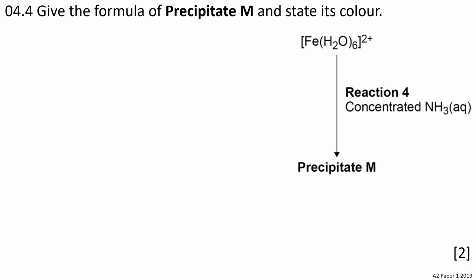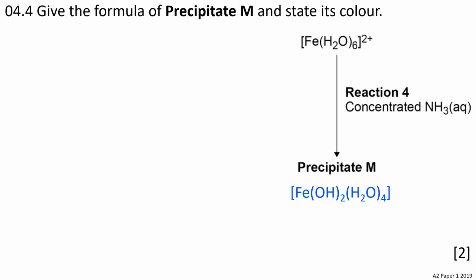Okay, so yeah, again, just a knowledge-based question. Give the formula of precipitate M and state its colour. Sometimes NH3 can act as a ligand, but in this case, NH3 aqueous, actually in water, NH3 exists as NH4+ and OH-, so it can provide OH- ions, and the precipitate is going to be the well,